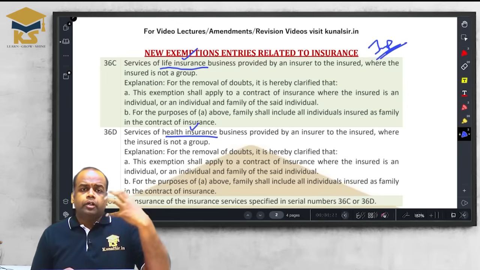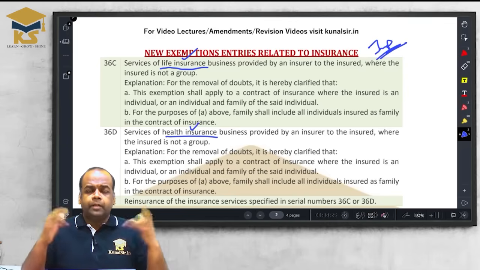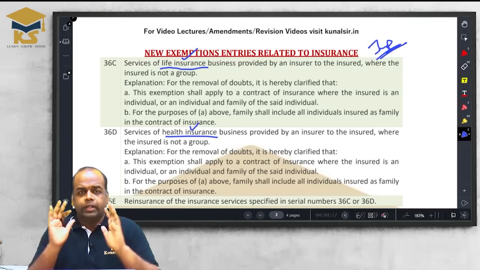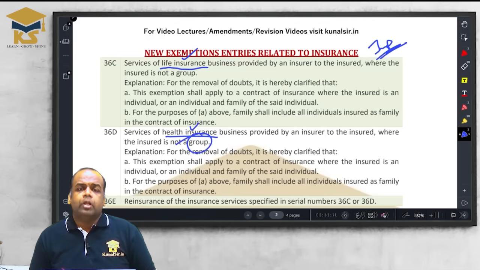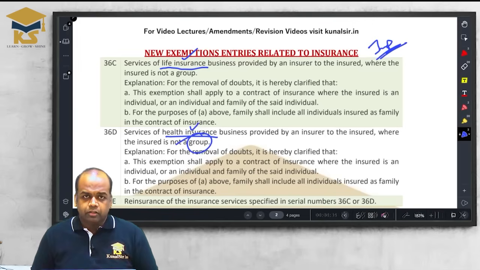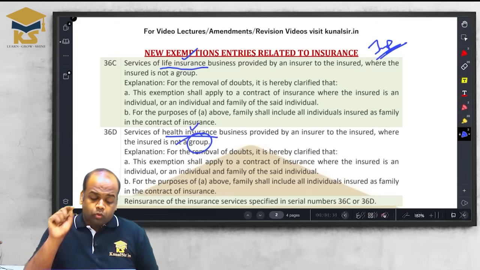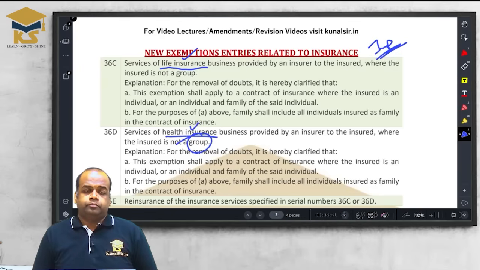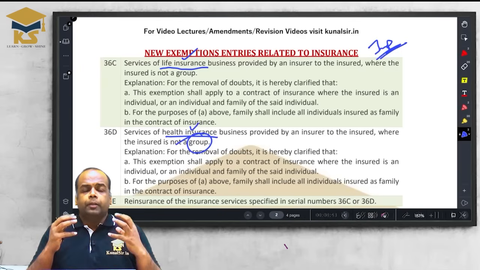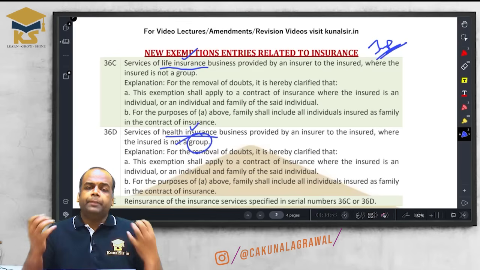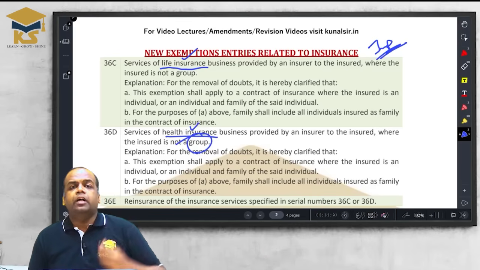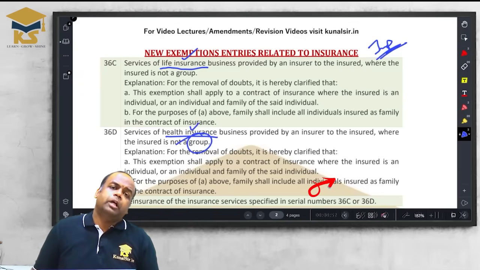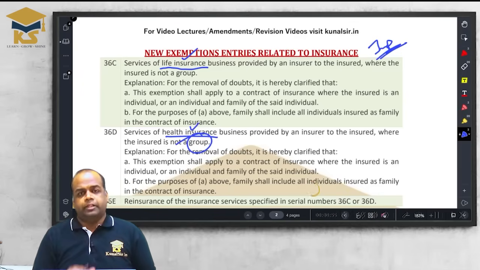I have insured myself and my wife, so we become a group, so whether we are covered or not. So let's understand it. What is the meaning of group? Group means collection of people. बहुत सारे लोग मिलकर क्या बनाएंगे? Group बनाएंगे ना? So what is a group here? Group may be employer-employee group or maybe a non-employer-employee group. First we see what could be the employer-employee group. Employer-employee group क्या हो सकता है?